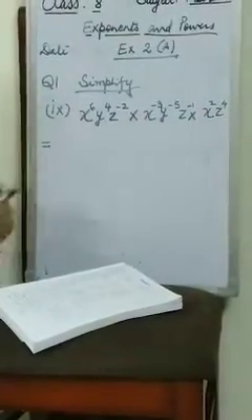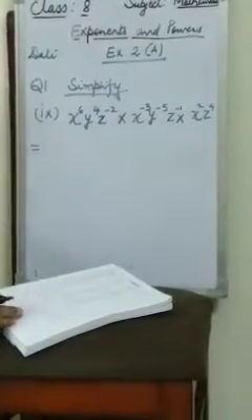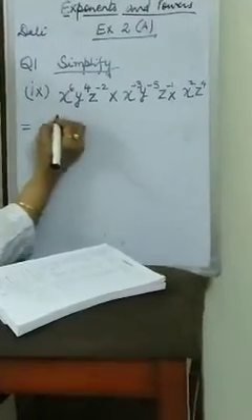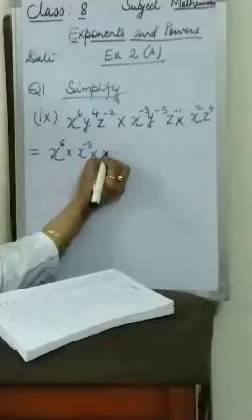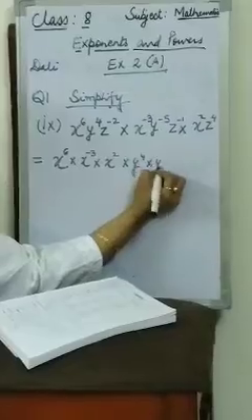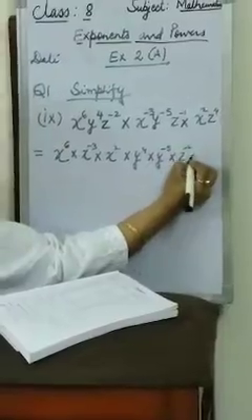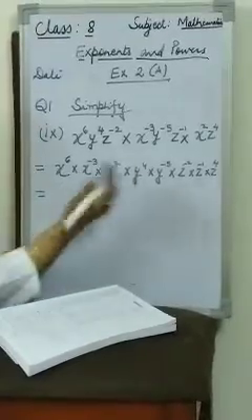So we have 3 different variables and we are multiplying. So x will be multiplied with x, y will be multiplied with y, and z will be multiplied with z. So what we get becomes x to the power 6 into x to the power minus 3 and x to the power 2, into y to the power 4 into y to the power minus 5, z to the power minus 2 into z to the power minus 1 into z to the power 4. You can skip this step also. This is for your convenience to explain you better. So that's why I wrote them like that.